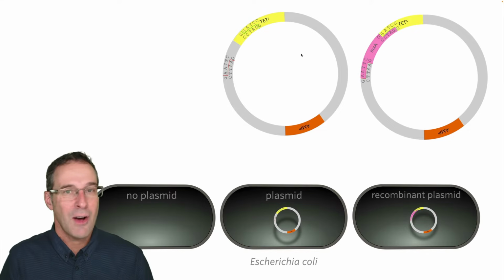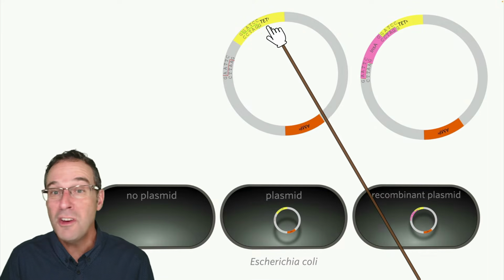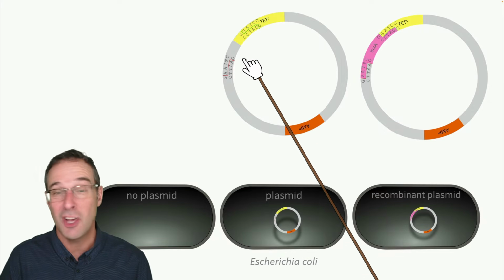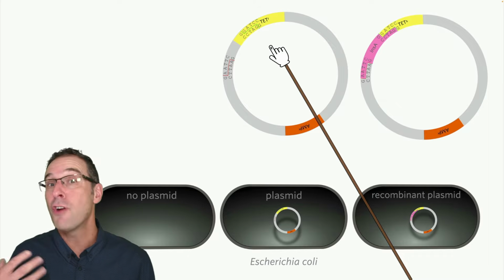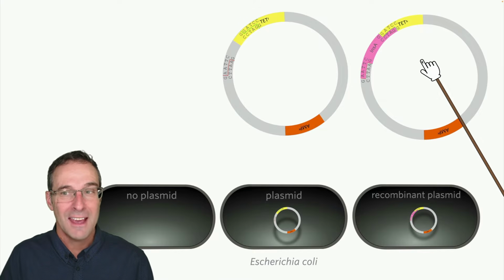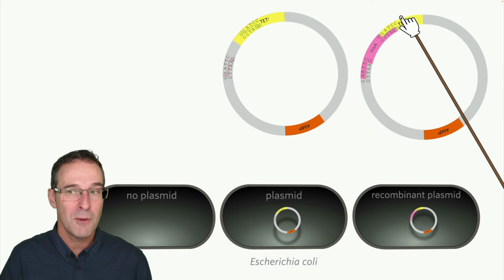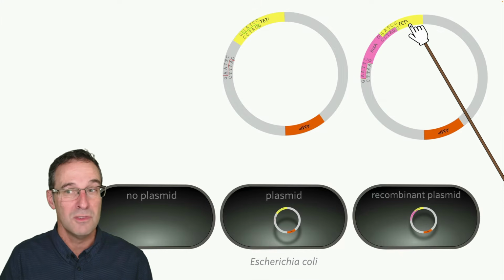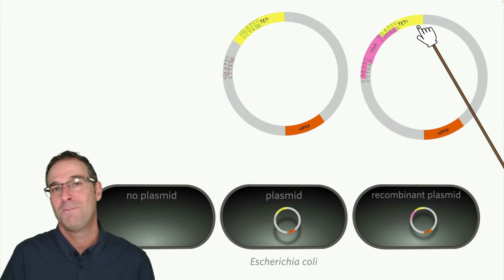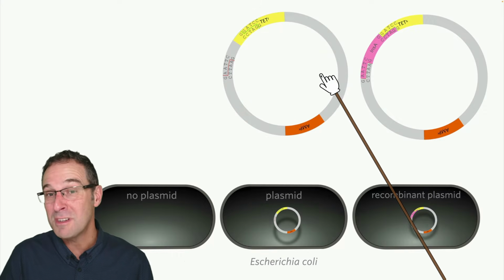So when we look now at the possibilities, these are the potential options, right? Some of the plasmids won't have been modified by these restriction enzymes. The restriction enzyme might have cut this open and it just rejoined, and cut this open and it rejoined. So we've still got a plasmid, but it's not a recombinant plasmid. It doesn't have the human insulin A gene in it. On the other hand, we'll have some plasmids that do have the human insulin A gene, and the real difference between them, remember, is that these ones have broken tetracycline resistance genes, so bacteria with these plasmids are going to still be tetracycline susceptible,